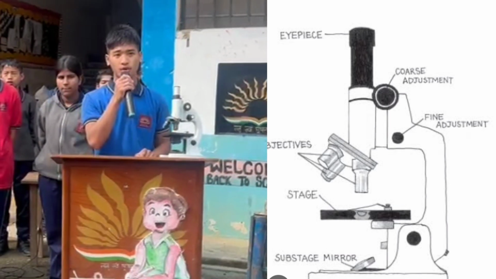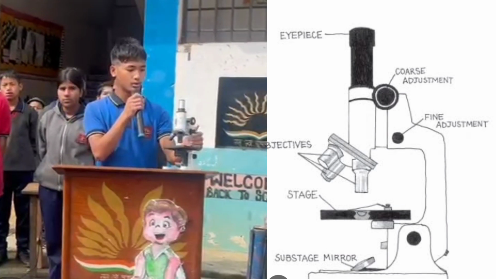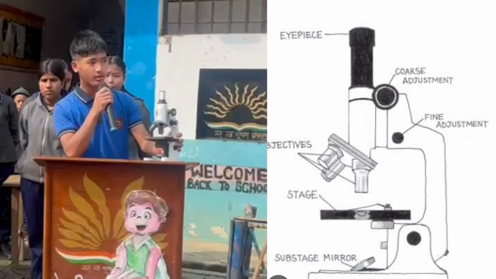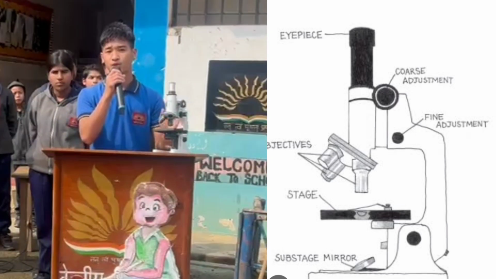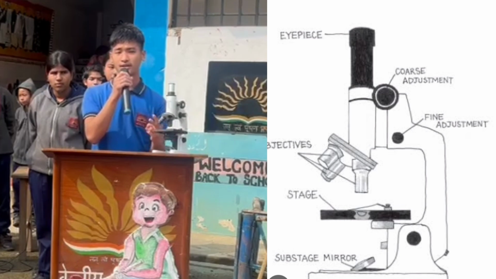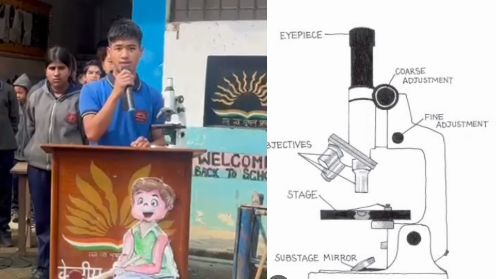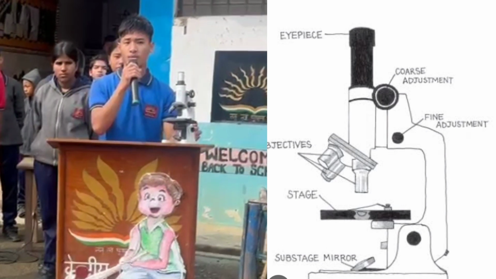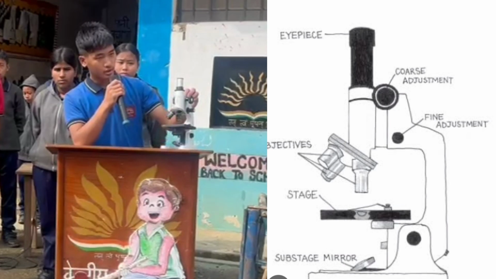Today on our special program, I am going to show you different parts of the microscope along with their functions. Its name is compound light microscope. So, let us begin with basic information of the compound light microscope. The compound light microscope is a tool which contains two lenses which magnify and a variety of knobs which are used to move and focus on the specimen. Since it uses more than one lens, it is called a compound microscope. So be ready everyone, now I am going to show you different parts along with their functions.